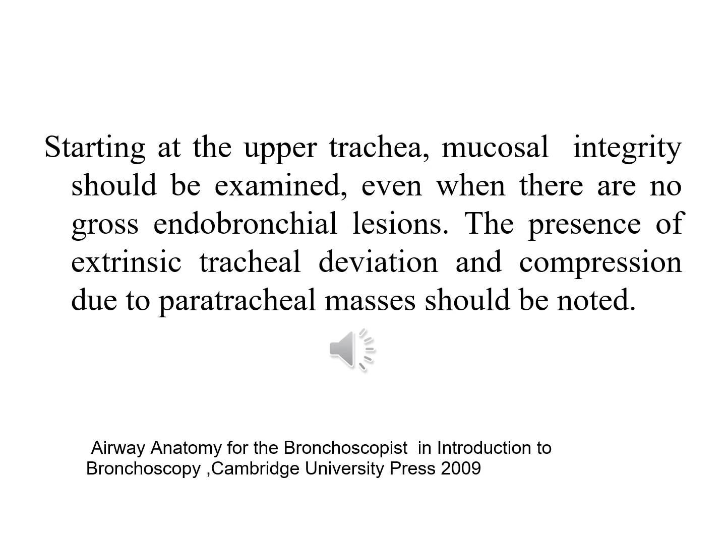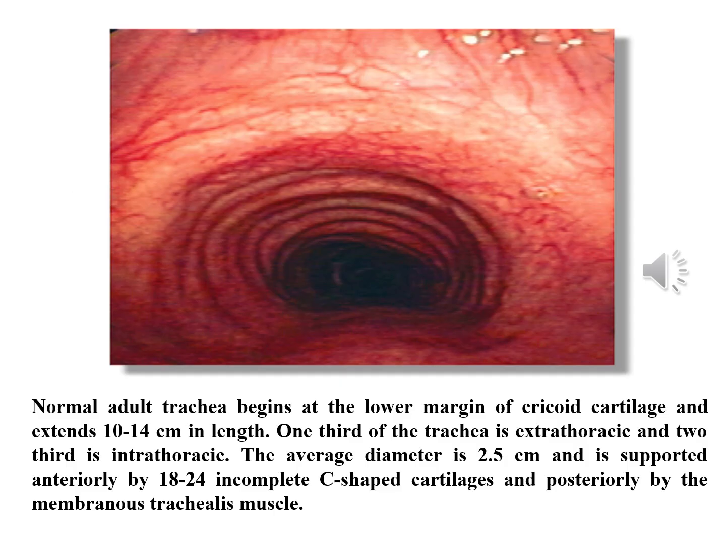The presence of extrinsic tracheal deviation and compression due to paratracheal masses should be noted. Normal adult trachea begins at the lower margin of the cricoid cartilage and extends 10 to 14 cm in length. One third of the trachea is extrathoracic and two thirds is intrathoracic. The average diameter is 2.5 cm and is supported anteriorly by 18 to 24 incomplete C-shaped cartilages and posteriorly by